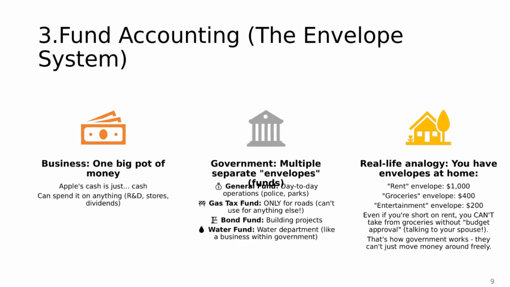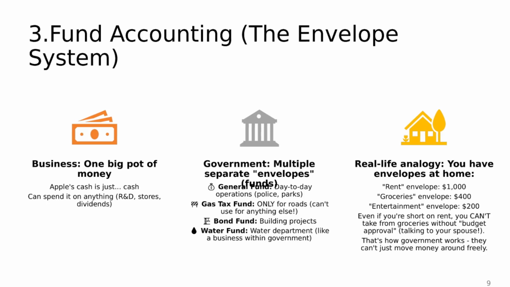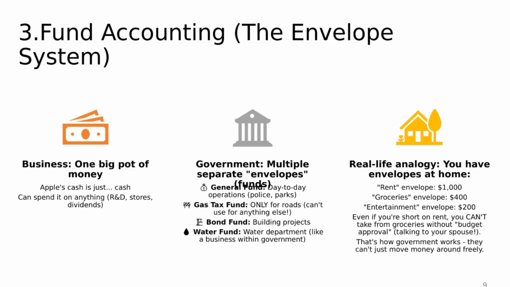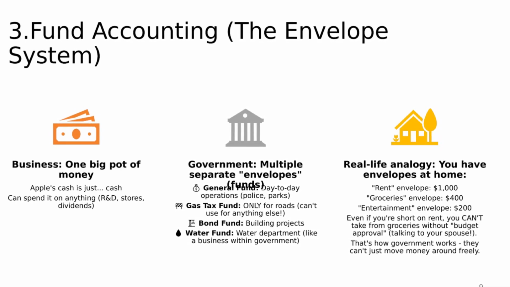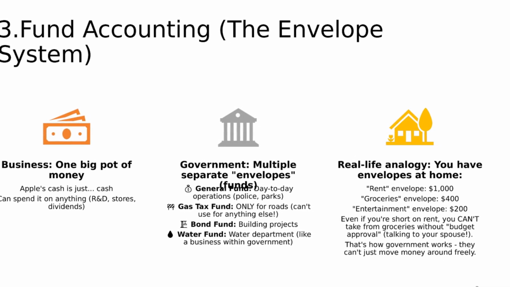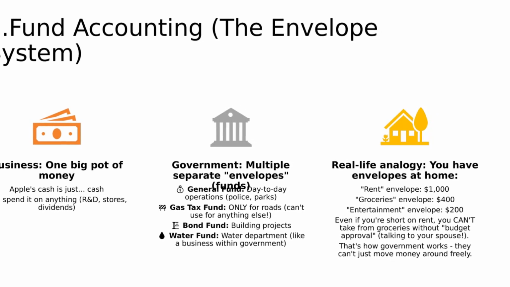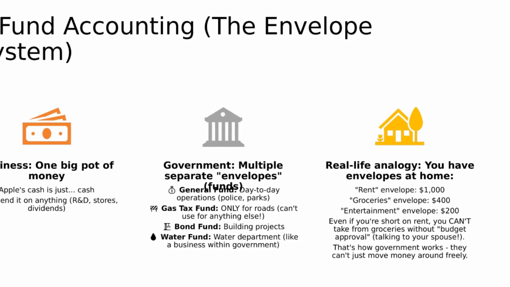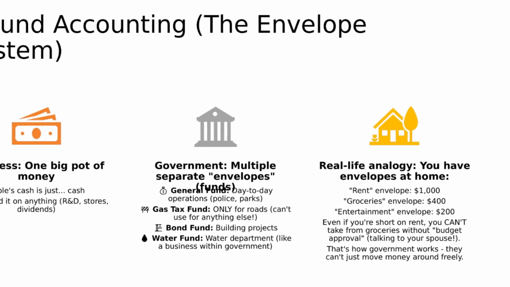Here's where fund accounting comes in. Think of a business like Apple. It has one big pot of money that can be spent on anything from research to dividends. Governments, on the other hand, use separate envelopes or funds, one for daily operations, another strictly for roads, and others for special projects or water services. To make this relatable, imagine your own budget at home. You might have envelopes for rent, groceries, and entertainment. Even if rent is short, you can't just grab from groceries without talking it over first. That's how governments keep spending disciplined and